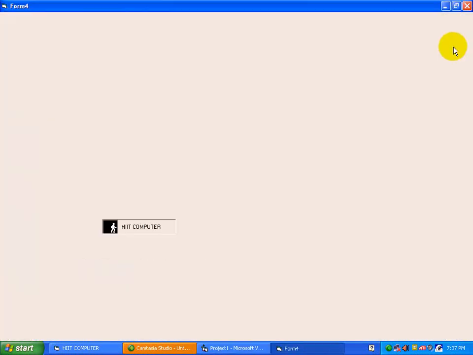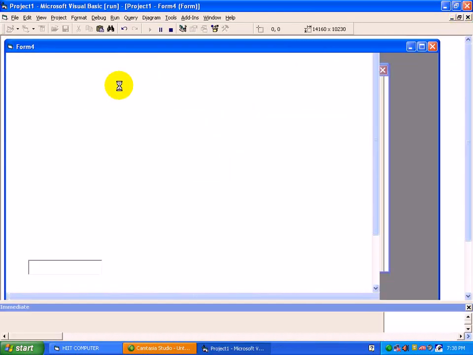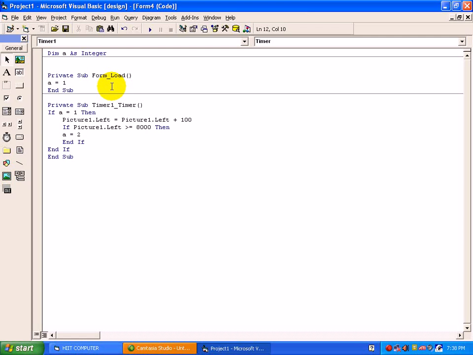It's moving as a equals 1, but when it reaches 8000, the value changes to 2, so it will stop. So here we have seen how to declare a variable, how to initialize a value and check that value with a control statement. Suppose you want to move a picture in the reverse direction, then we will continue this code.